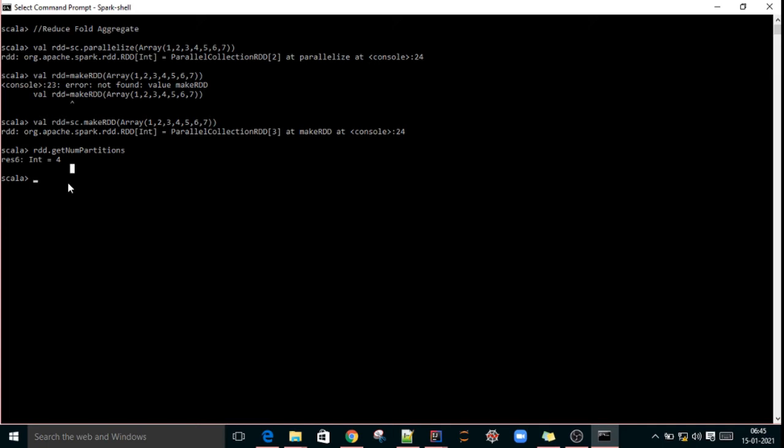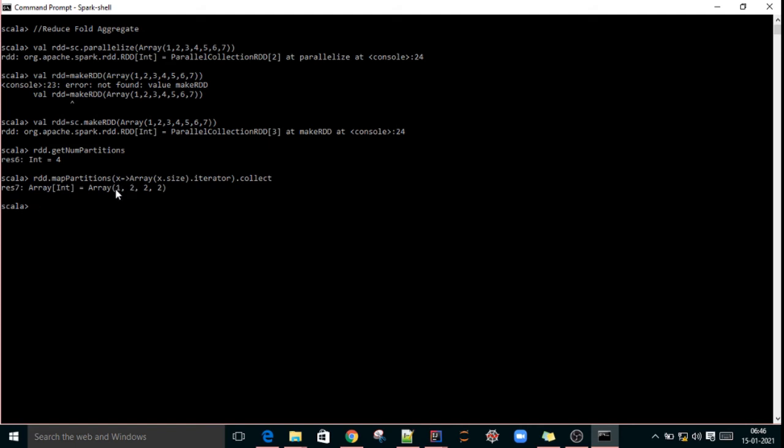If you want to see that, the method is mapPartitions. rdd.mapPartitions iterates through each partition. This is the command: x such that Array(x.size) and iterator, and I am collecting.